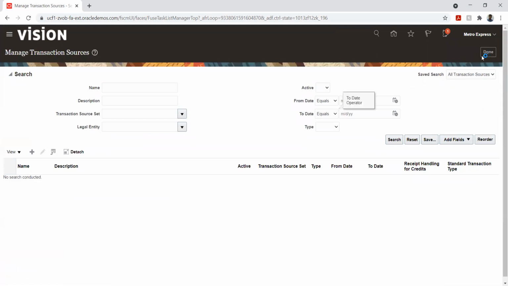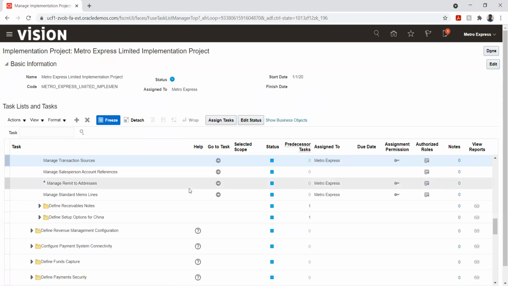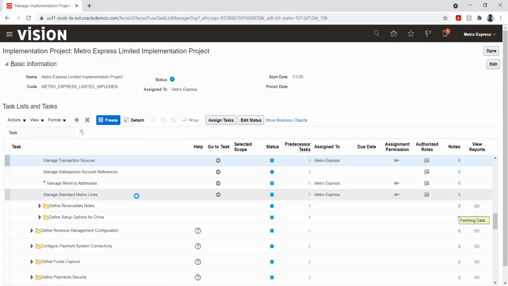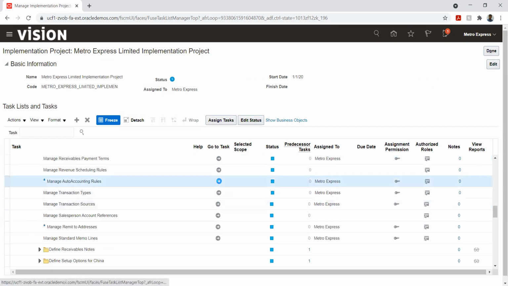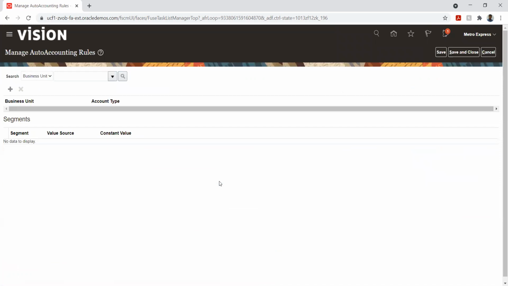So that's about the transaction source, and the next part is auto accounting. Why do we use auto accounting? It is for two things. If I have only manual transactions happening in my company, then using auto accounting will automate my distributions in receivables. But apart from that, in the case of manual transactions, we don't have any such thing that it will fall under exception, since I will be able to enter it manually anyway.